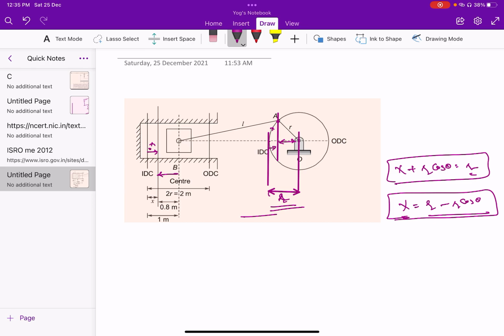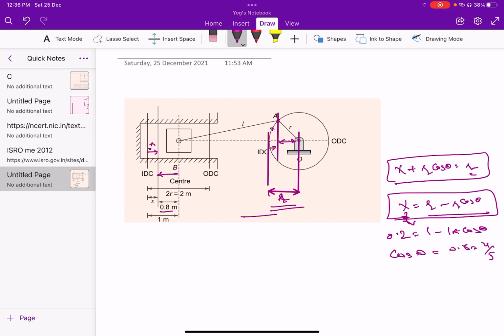I have been given that it has moved a distance of 0.8. So x will be 0.2 times 1 minus 1 cos theta. So cos theta is equal to 0.8, or 4 by 5. Okay. Then